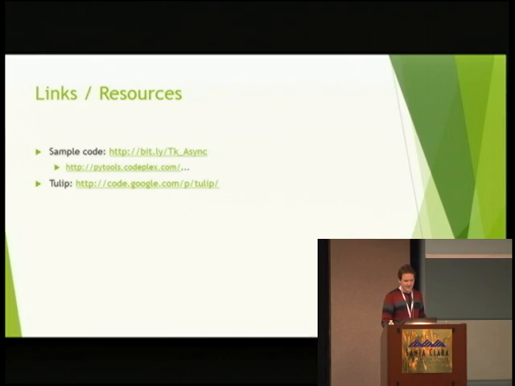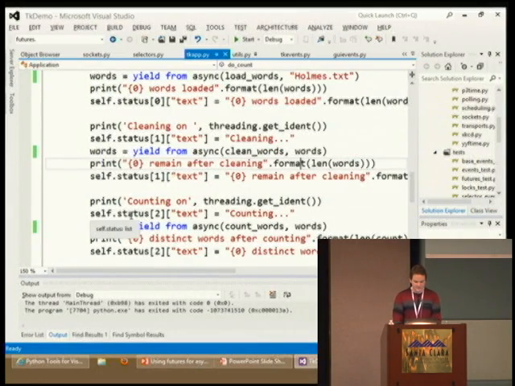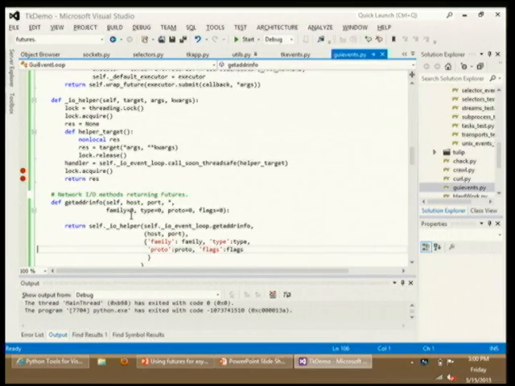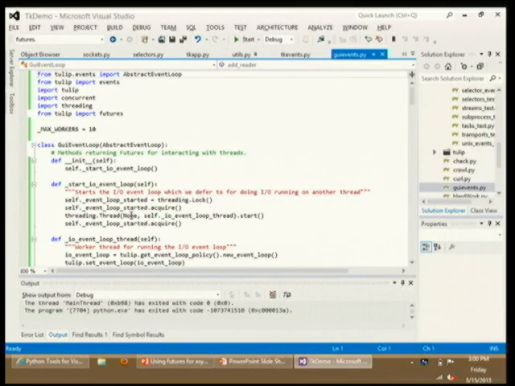So that's most of what I had. I have some sample code up, which you can download. That includes a GUI event loop. You can get Tulip as well and try this out on Python 3.3 today. The GUI event loop looks like this. So if you have a framework that you'd like to light up and try this stuff out with,